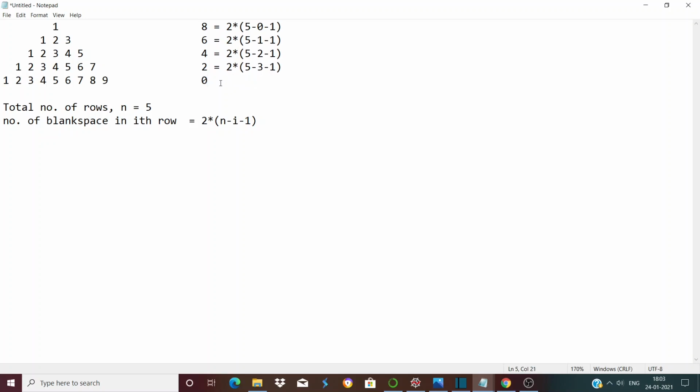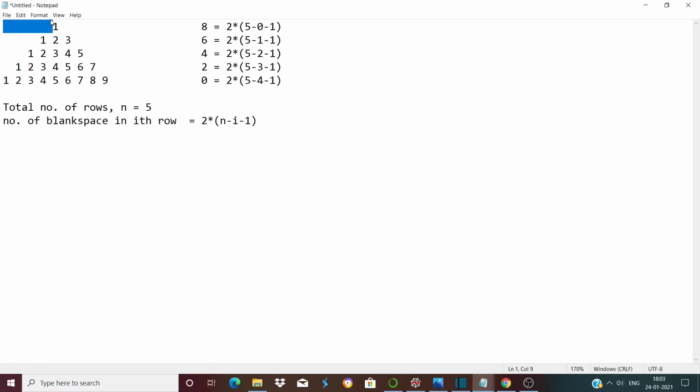And here we have 2 into 5 minus 4 minus 1. So this is the formula for determining the number of blank spaces in every row. For the ith row, we will have 2 into n minus i minus 1 blank spaces. So we have found out the number of blank spaces.